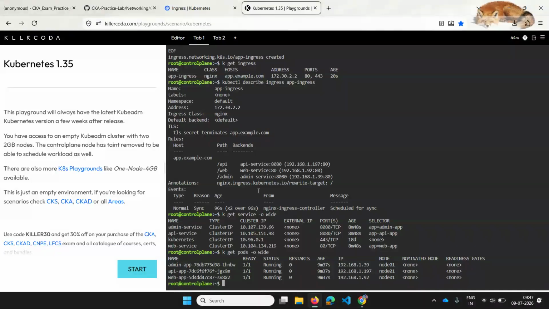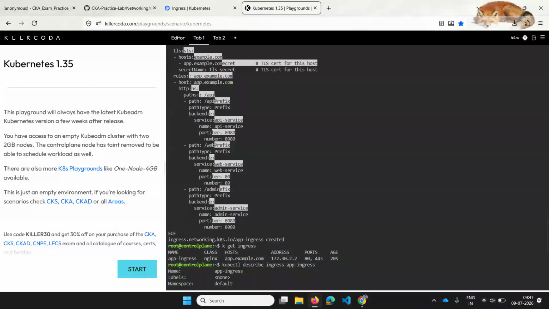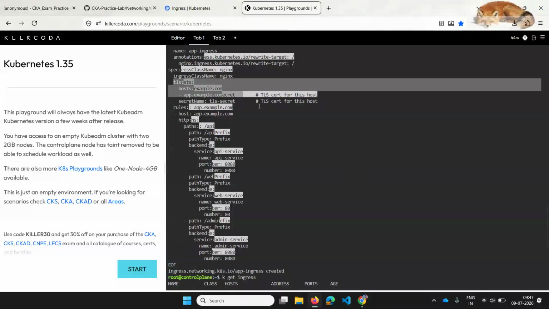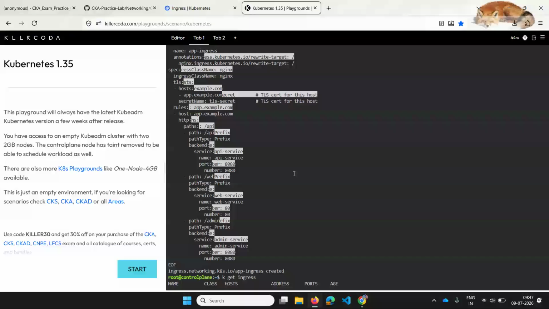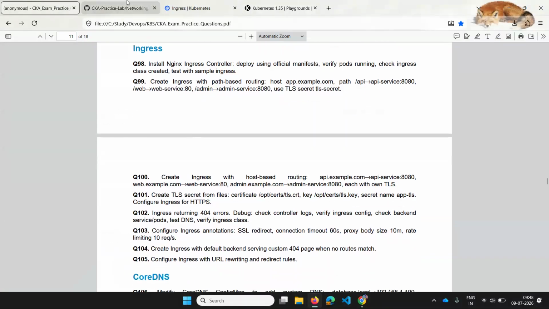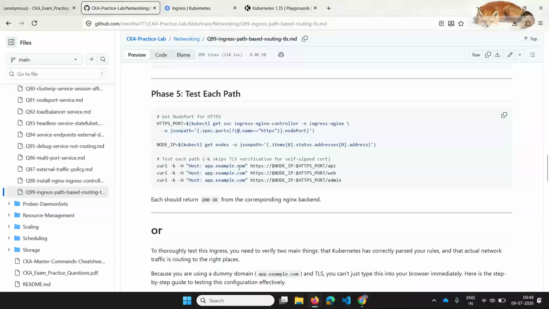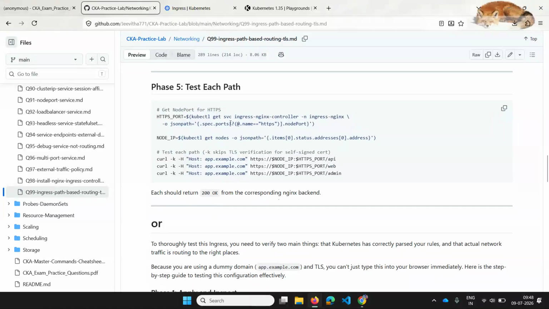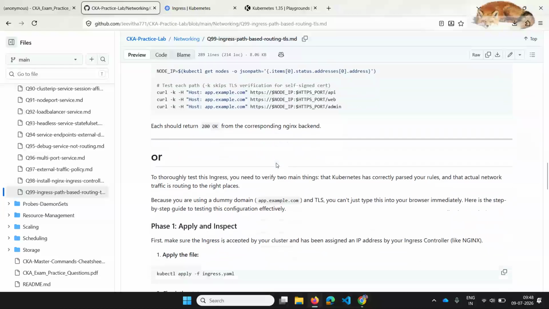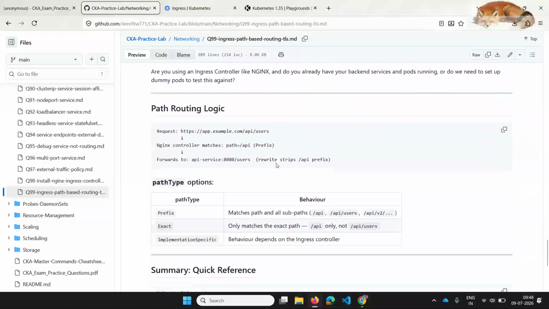There will be other kinds of annotations also, which are helpful for routing. Some are basically traffic related only. We'll have different annotations, we'll see in our next classes. But for now we have explored how we can create different paths under a single host using a TLS secret. That's it. And if you want, you can also try to execute like this. This is just a testing which we can do.